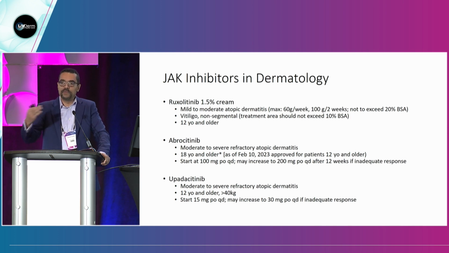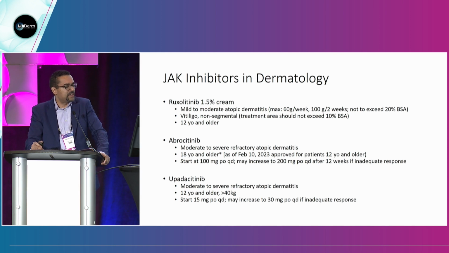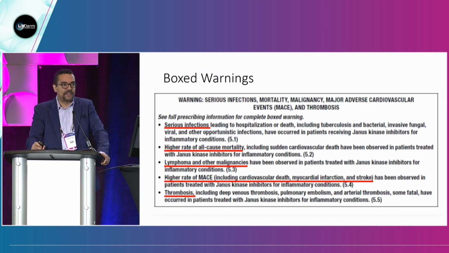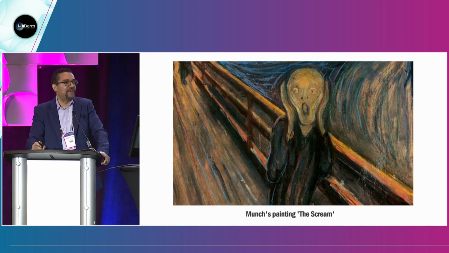On the one hand, we are very fortunate to have these wonderful newer treatment options for multiple disease states in dermatology with our newer JAK inhibitors, including topical and oral, for conditions like AD and alopecia areata, and vitiligo as far as the topical JAK inhibitor is concerned. But once we get to the safety part that we have to communicate to our patients, this is where things can get a little tough in the office. How do you articulate this without leaving the patient terrified and wondering, why would you even prescribe something like this to me with those scary warnings?